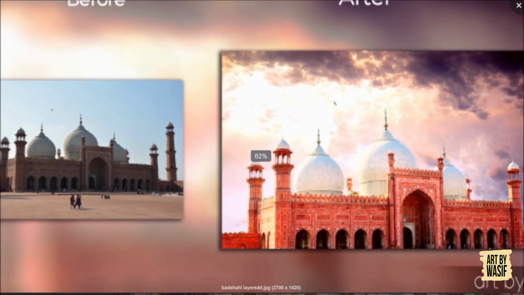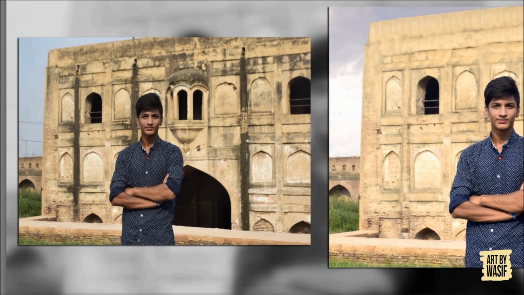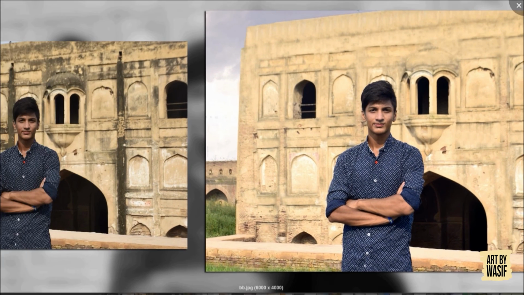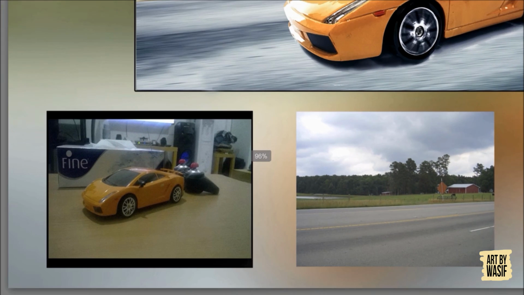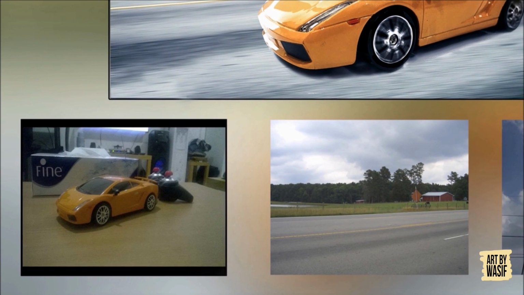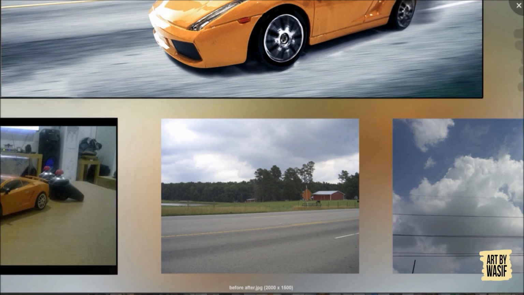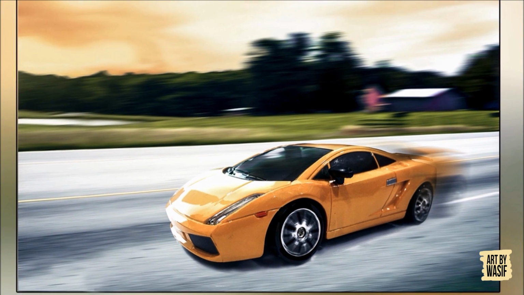Like this, how to change the sky, and how to make a photo more attractive by this. Now you can see its background in Shahi Killa. There were so many black patches on that building, and after the cloning and patch tool, I removed all those patches. And this is photo manipulation. This was a small remote control car by my friend, and after using this photo of the car, this road view, and the photo of the sky, which I captured, I converted them into this photo.